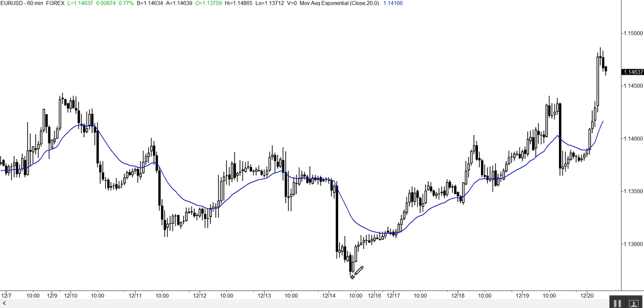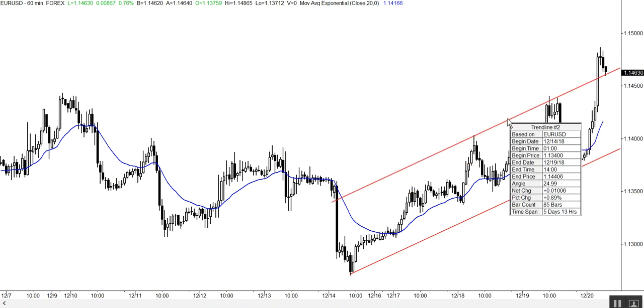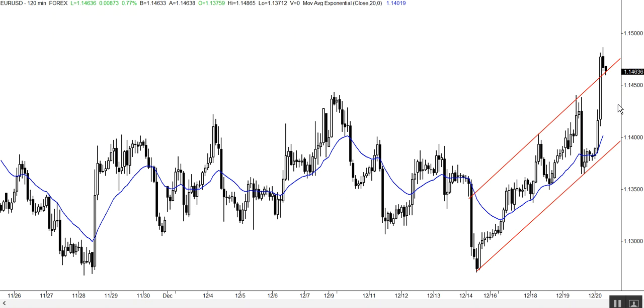I would say, so we have the channel. I think we're going back into the channel, but we may take a few bars. This channel's obvious on higher time frames. Therefore, it doesn't have to reverse within 5 bars. It could take 10 bars. If this is a 2-hour chart, look at that. Okay, now we have 5 bars on this time frame. So either way,